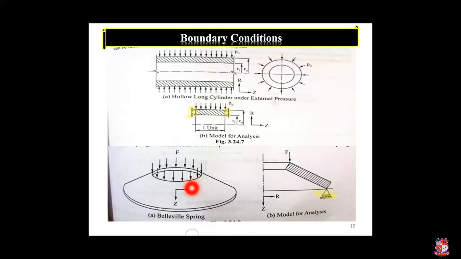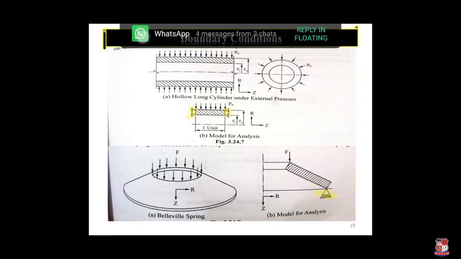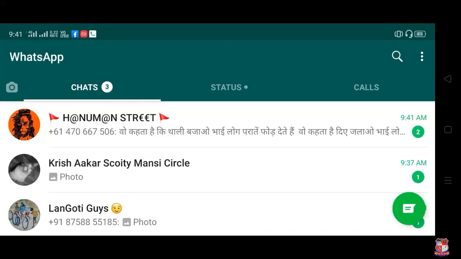If we are taking a bevel spring, or a helical spring type, or a bearing, or any shock absorbing device, then we can simplify it like this. This is one simple strip beam, we are applying force from the upper side, and it will be in the Z or R direction. Here the roller will move in this direction. These are the particular boundary conditions that we have to learn.